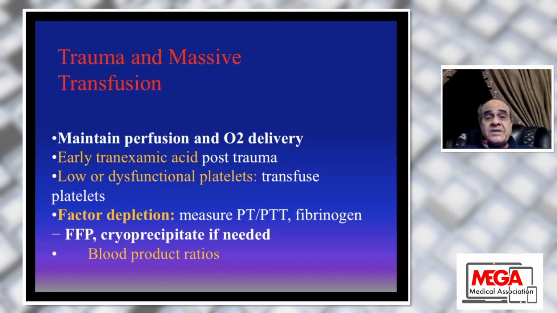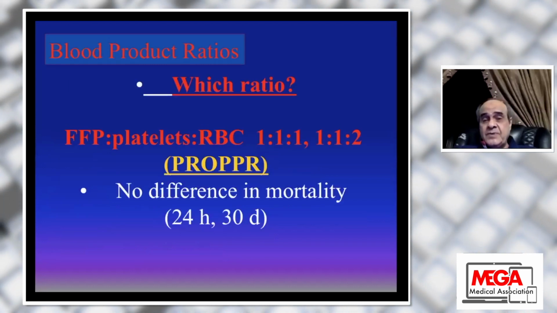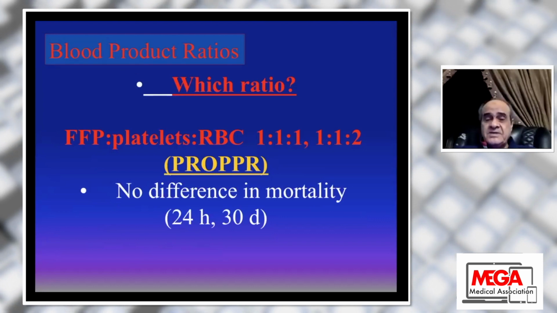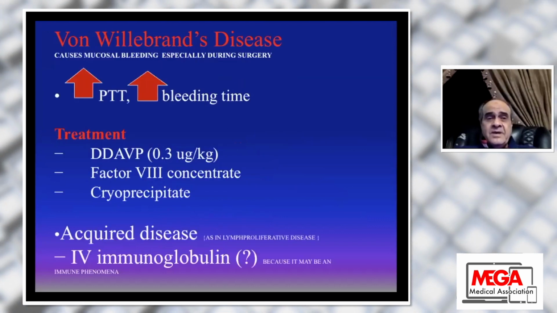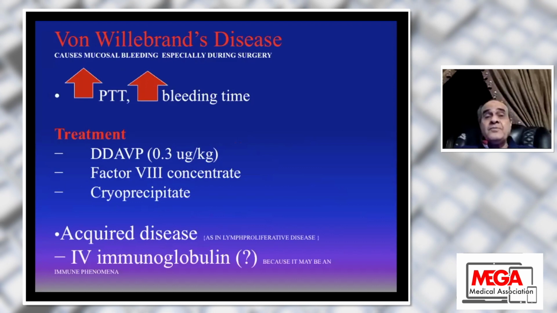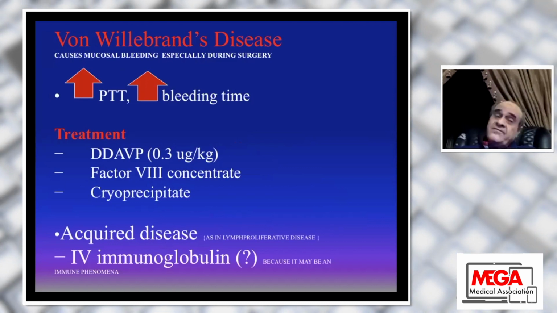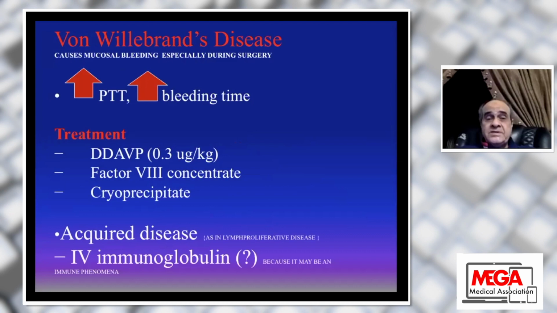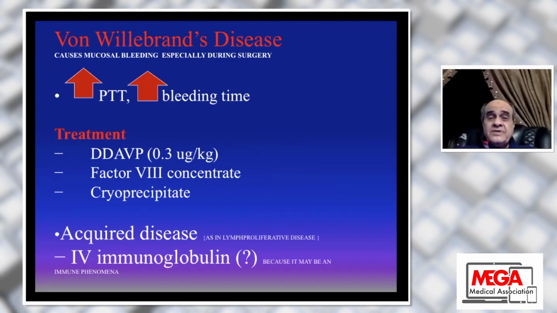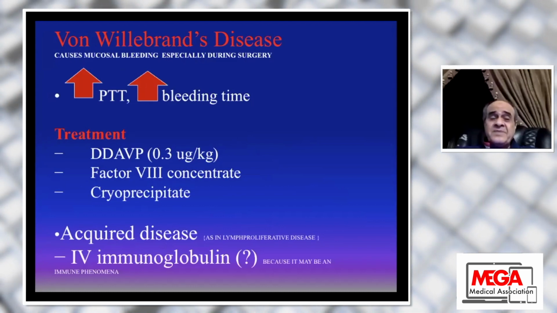Blood product ratio, as we said, 1:1 or 1:2, and no difference in mortality. Von Willebrand factor disease: we have 3 types of von Willebrand, type 1, 2, and 3, in which we see increased bleeding time, and the treatment here is the